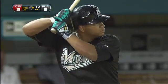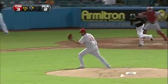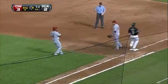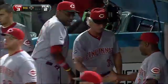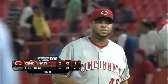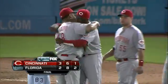Let's see what he's got. 1-2. A comebacker, and the Reds get the game. They win the series. They get a doubleheader split. Cincinnati comes to South Florida, takes 2 of 3 from the Fish. The Marlins rally, but come up a run short. Cordero nails down his second save